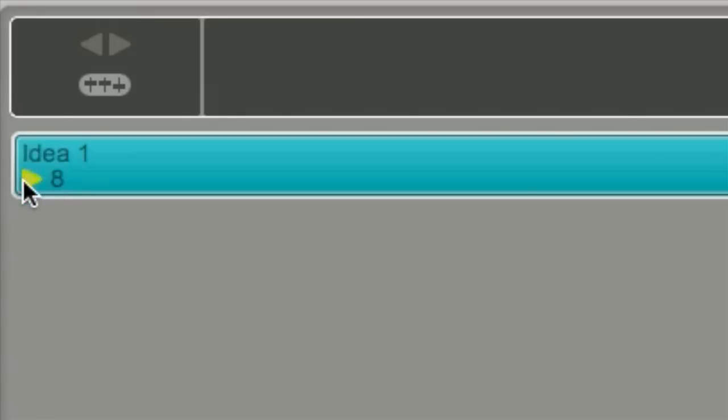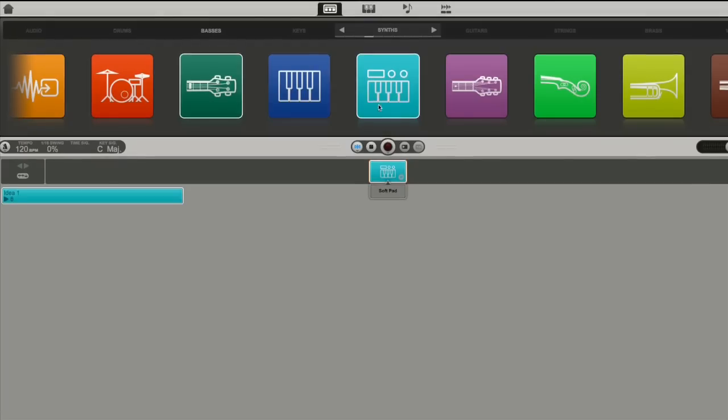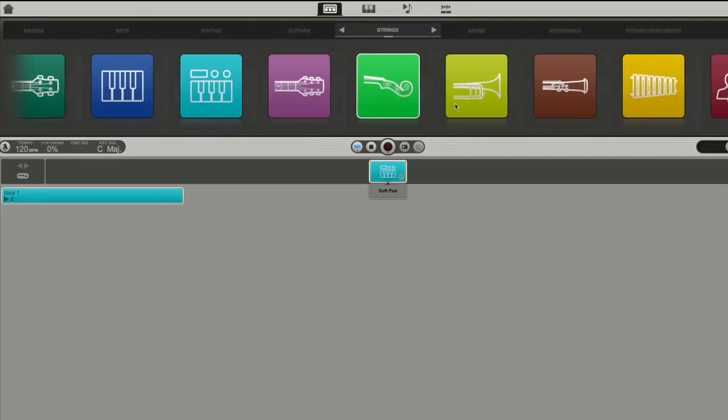Notice the little play button here. I'm going to right click on it, and if I right click on it, well, this particular segment is not going to play. So I'm going to record a second idea. I'm going to pick a different type of instrument. For this, let's do, maybe we have a theme with